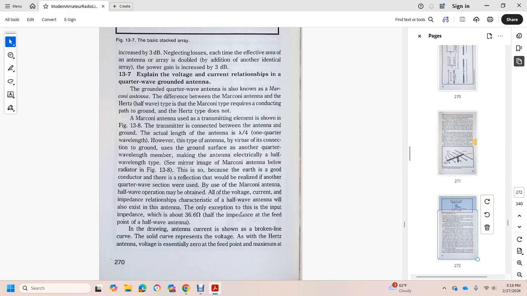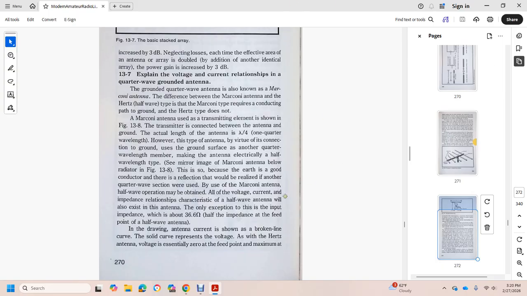the reflection that was realized in another quarter wave section when it was viewed with the use of the Marconi antenna. The half wave operation with the same voltage current relation character for the half wave antenna will also exist for the Marconi antenna. The exception is the input impedance, with the impedance of 36.6 ohm at the feed point, with the half wave antenna drawing antenna current shown in the broken line